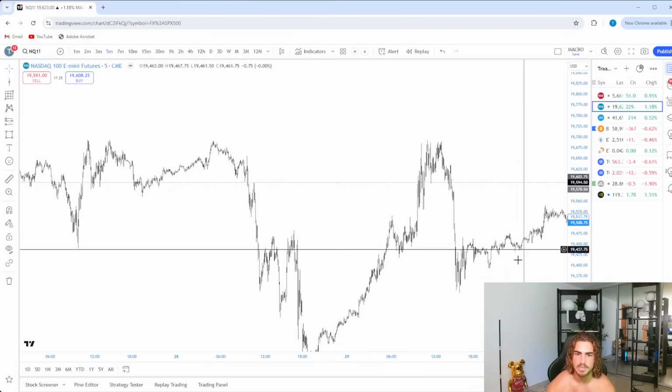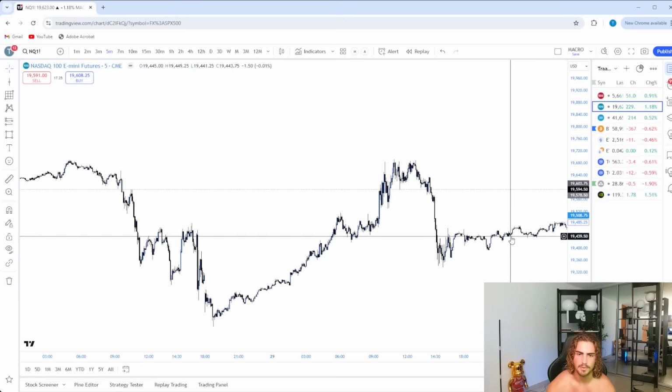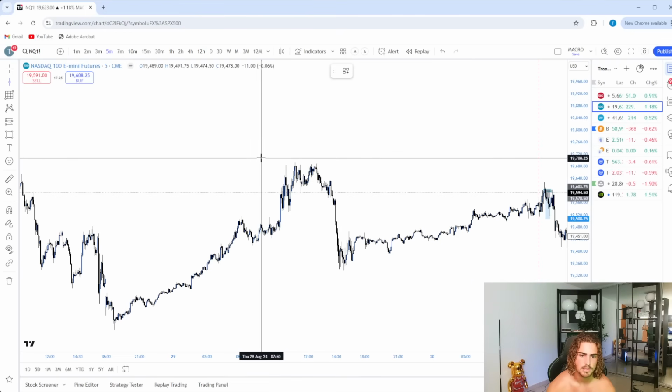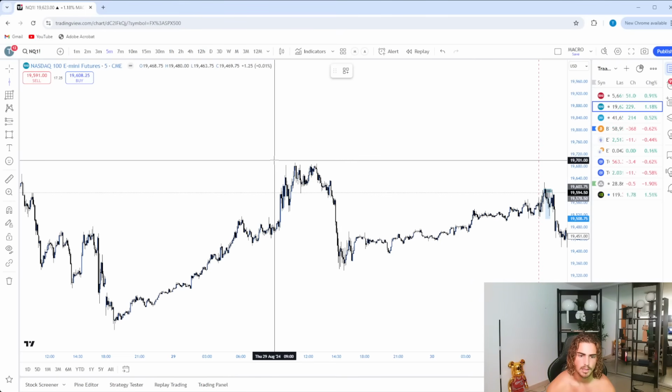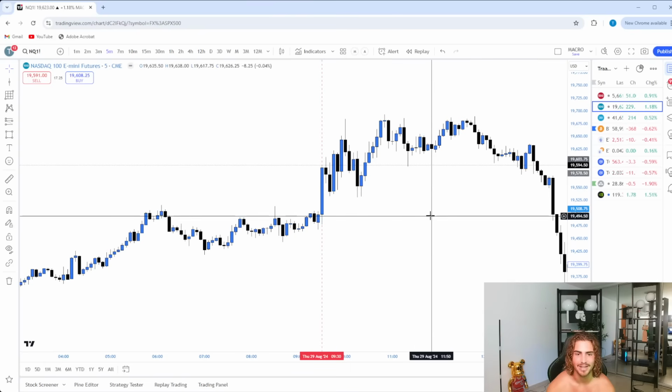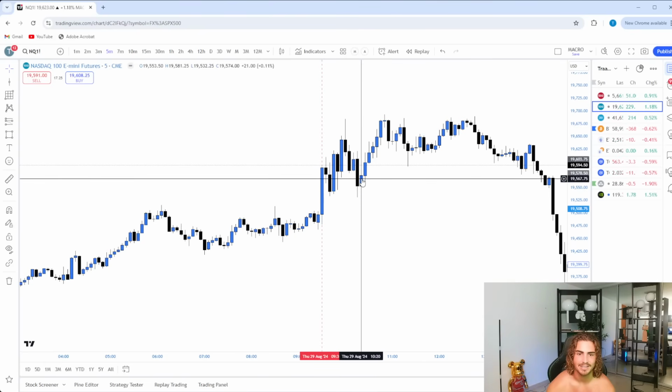Okay, there was another good example of this. I believe it might have been yesterday on ES. Let's go ahead and put this on here. We can literally just walk through all of these. Oh yeah, this was a good one. This was a good one on NASDAQ. Look at this, 10:20,